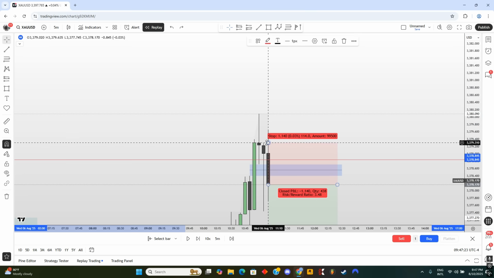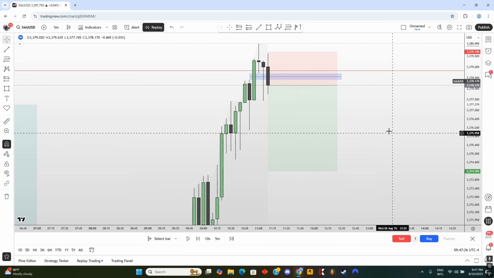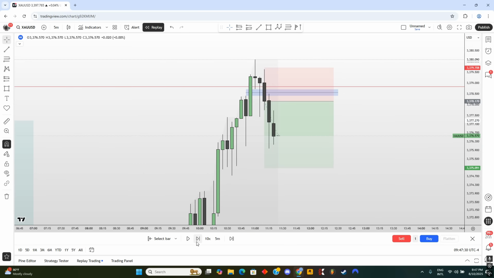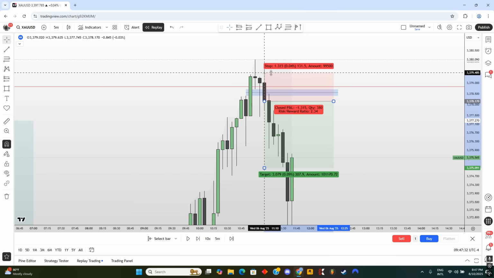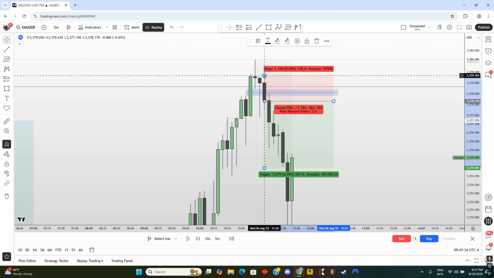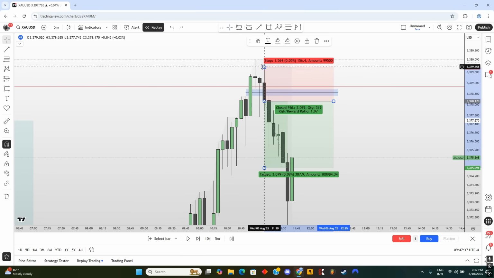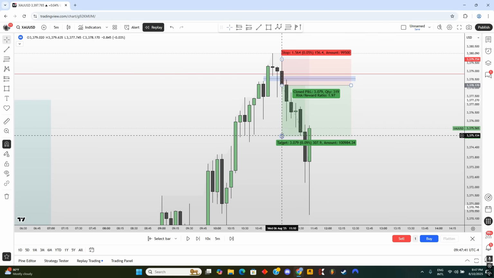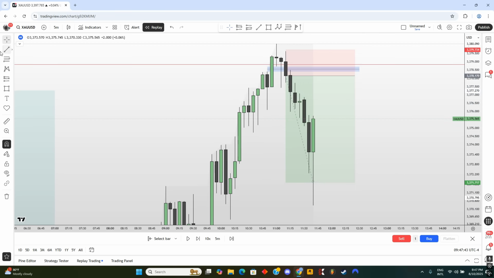Oh my God, what just happened? But let's just put it here. Let's just go for 1 to 2 risk to reward, clean like that. And bam. Now, if you had your stop loss above the bodies, it wouldn't really matter. But sometimes it's nice to be logical and not trade like a robot, if that makes sense. But you can see how price just dipped into this fair value gap.